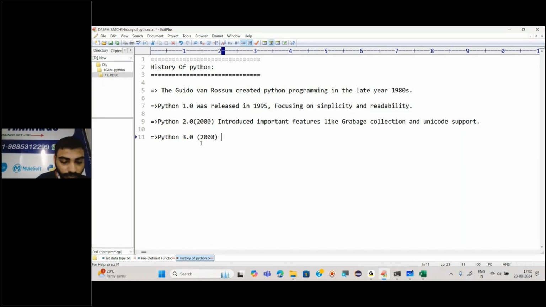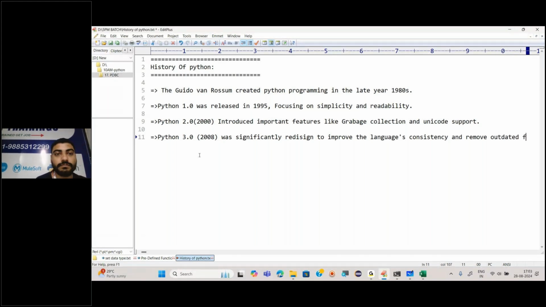And it was significantly redesigned to improve the language's consistency and remove outdated features, right? So every feature has its own meaning here, right?